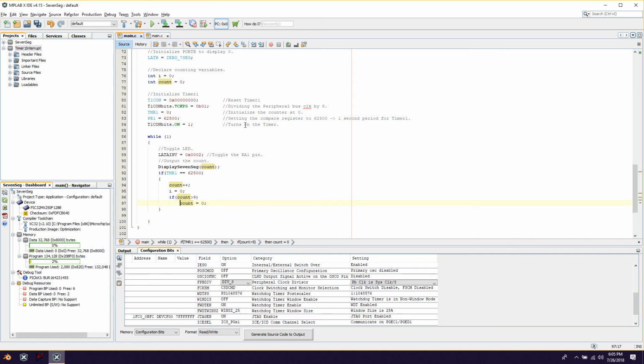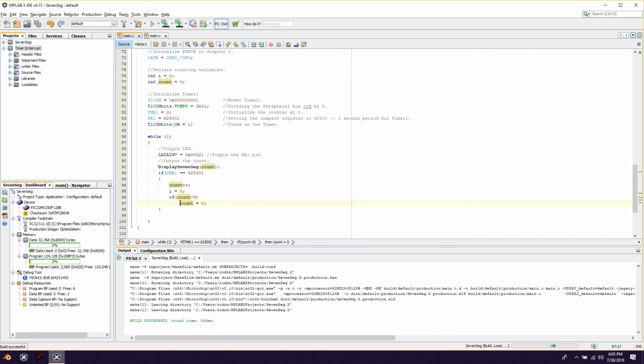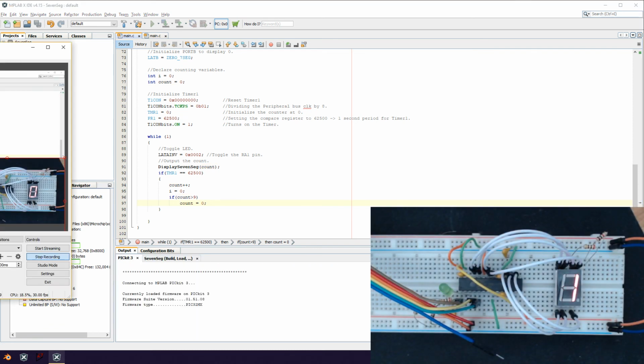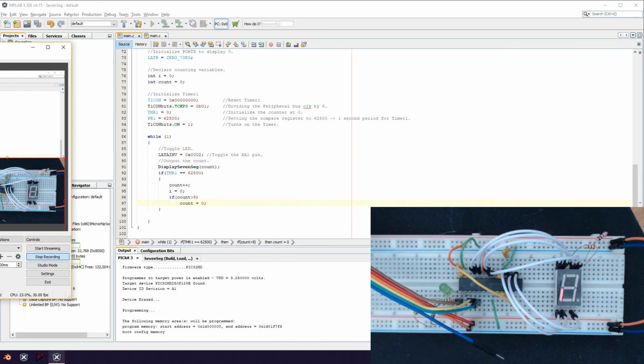Okay. So I'm going to start loading that, and it's going to start programming. There we go. It's programming up. And so now it's doing the exact same thing it was before, but the code is significantly different and its functionality is significantly different. Mainly, if you'll take a look at the while 1 loop,